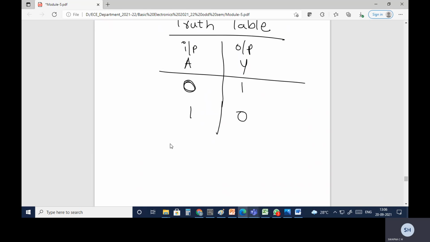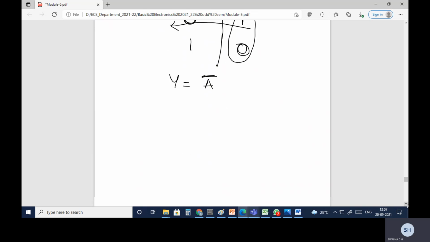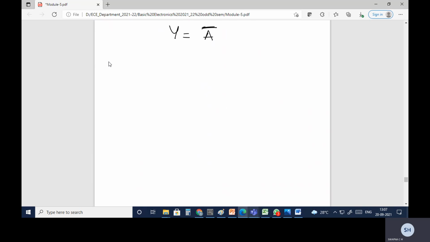So here, as I mentioned, Y is nothing but A bar. Okay, so another way of writing the output: if I want to write the output for A, check where all you have ones. So here I have 1 and here I have 0. So here only I have 1. So its corresponding input I need to take. Here I have a 0, so the A value is 0. So I need to take the complement of that, which is nothing but A bar. So Y is equal to A bar. Or I'll go with the next gate where you'll understand it more clearly.